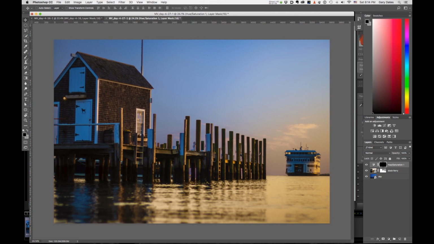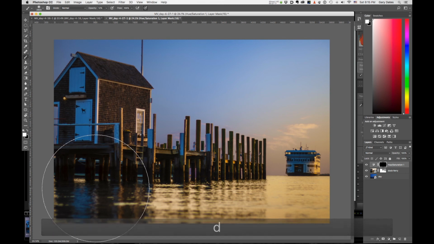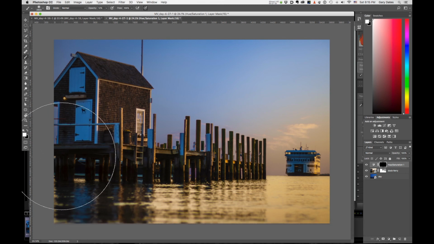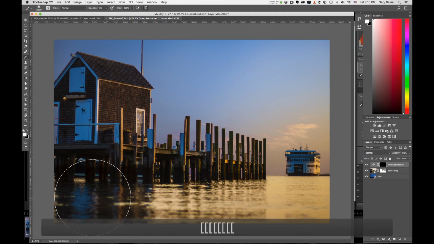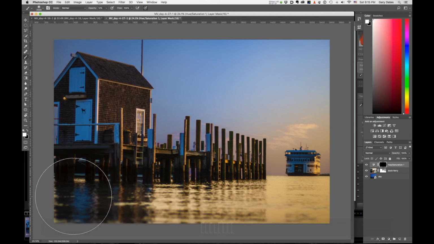So, once again, grabbing a brush with the opacity, let's set it to about 12, is fine. I'm going to paint with white. So I need to hit my D key. That brings me back to the default state of the color picker, which is white foreground, black background. I'm going to make my brush a little smaller. And with 12% opacity on this brush, I'm going to paint across until I start seeing a little bit of blue come through into that water. And I am. So I'm just going to keep going here and keep building